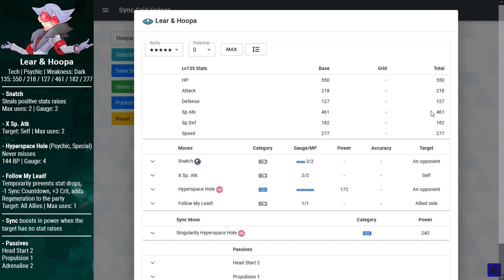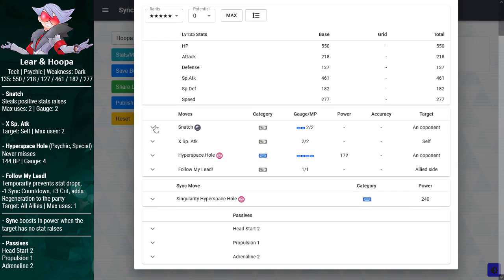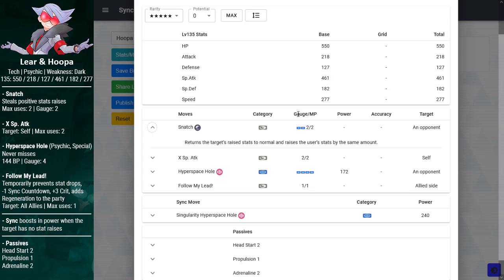So, this guy is built as a striker. He's got a phenomenal offensive presence, counterbalanced with some squishy bulk, and average speed. And then we have a utility move, Snatch, the same one that Grimsley has. So what this does is it steals positive stat raises from the enemy. So if the enemy has +3 attack and +2 accuracy, then you take them away, and that's added to Lear's